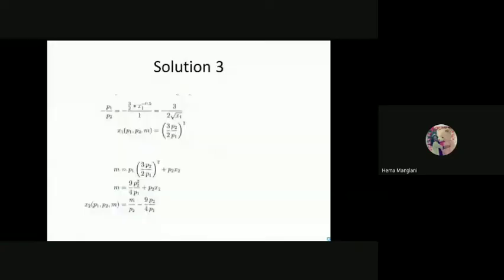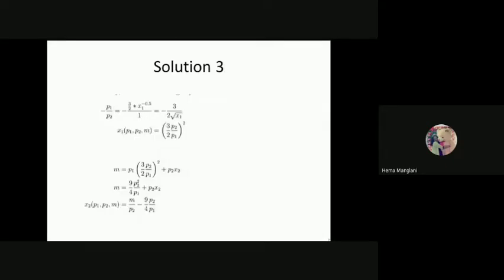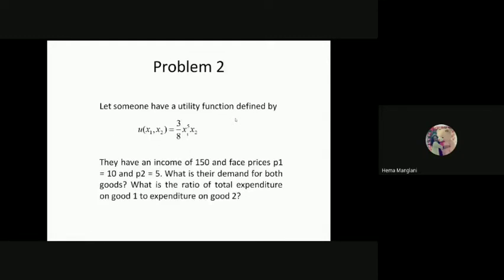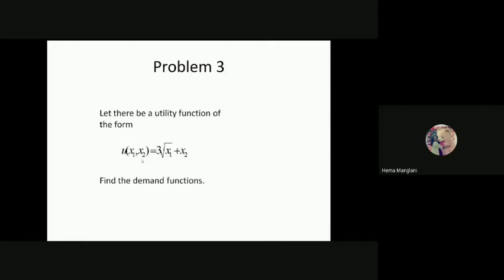This is solution 3. How would you get it? We know that our problem was this. This was the utility function, right? So we need to replace this x2, because that is the form of a quasi-linear utility function. And how do you identify this quasi-linear utility function? Because there is a root here, and this function has a non-linear property too.